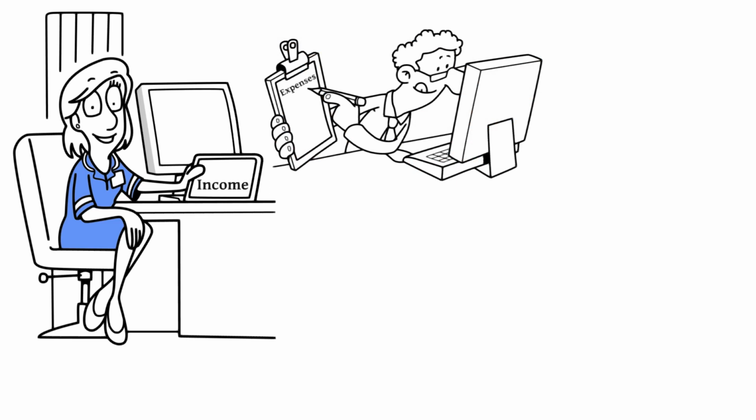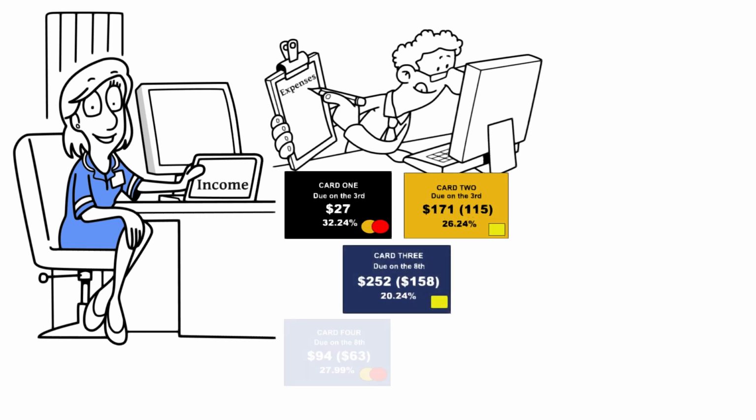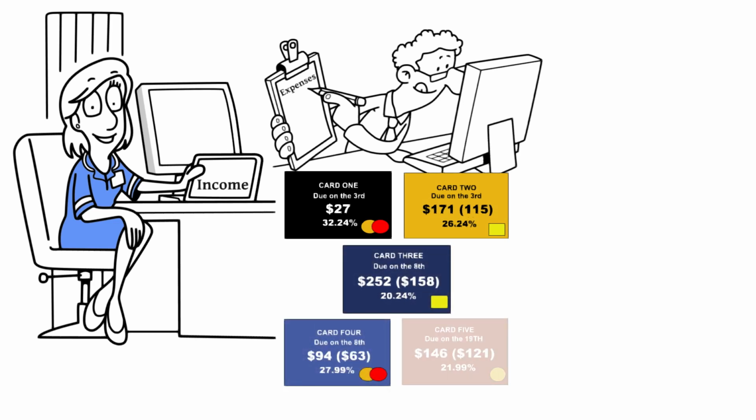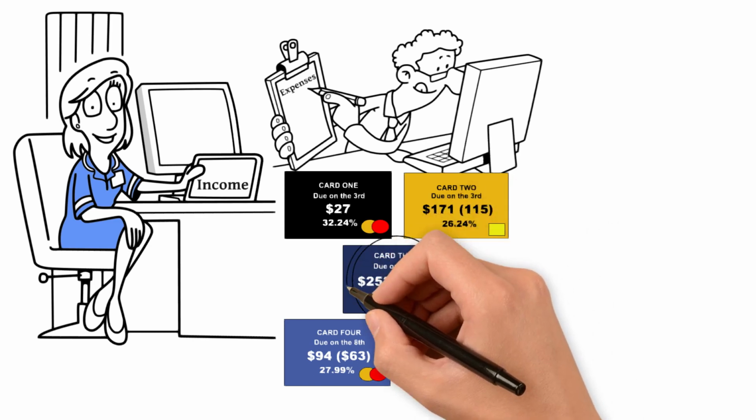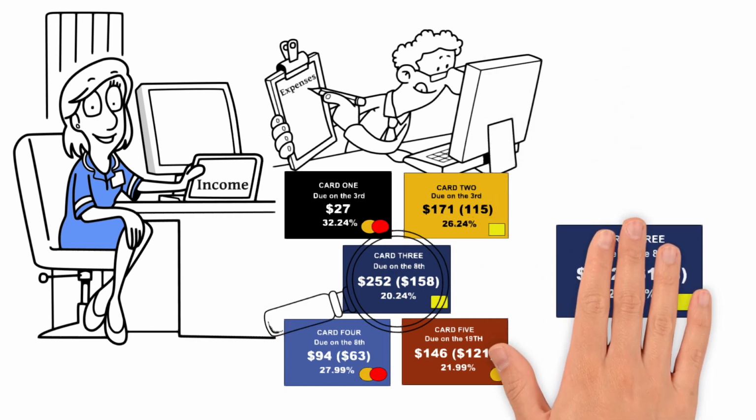Step 3, you need to establish which of your credit cards is going to be your primary credit card. Your primary credit card is the one you're going to use for your day-to-day use. It is the only credit card that gets used, and it's for budgeted items like your gasoline, your groceries, and any miscellaneous trips to, say, Walmart or whatever you have going on. It's budgeted. And your primary credit card is always going to be the card that has the highest minimum payment